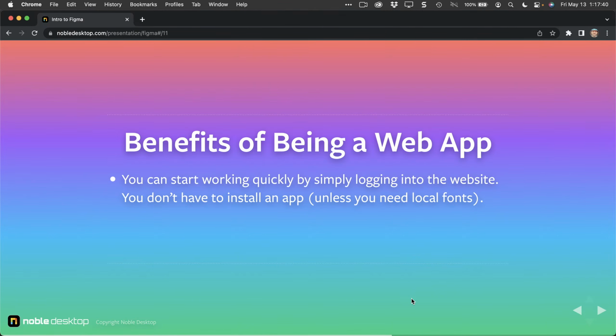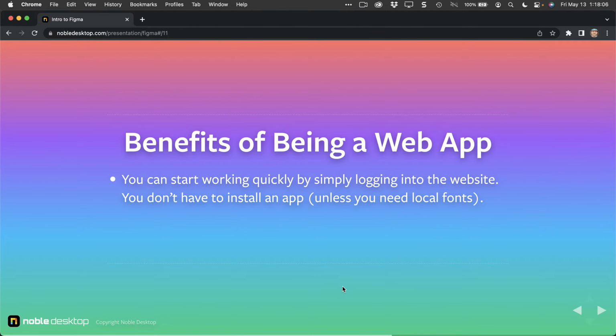If you've ever used Google Docs, you know that you can just open up Google Docs and go into the browser and start working on it. There's nothing to install. Being able to just open up a browser and log into a website, like you can log in on anybody's computer, just start working, and you don't have to install anything. Now, you don't have to technically,